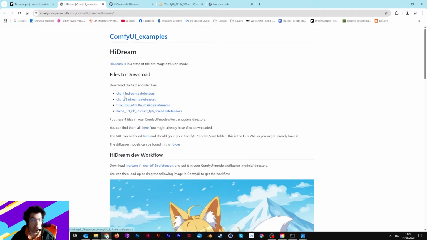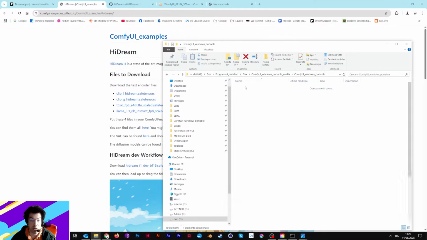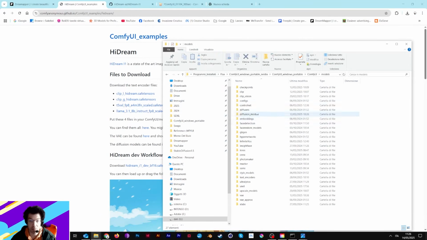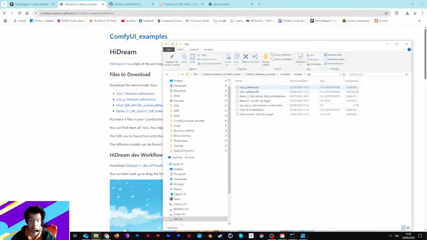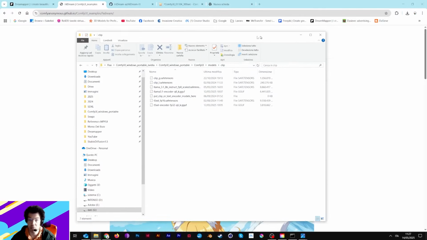We are using 4 encoders, not 1 or 2, but 4 encoders. One for Llama, from Meta, and you have to upload everything in your model clip, of course. Voila! As you can see,